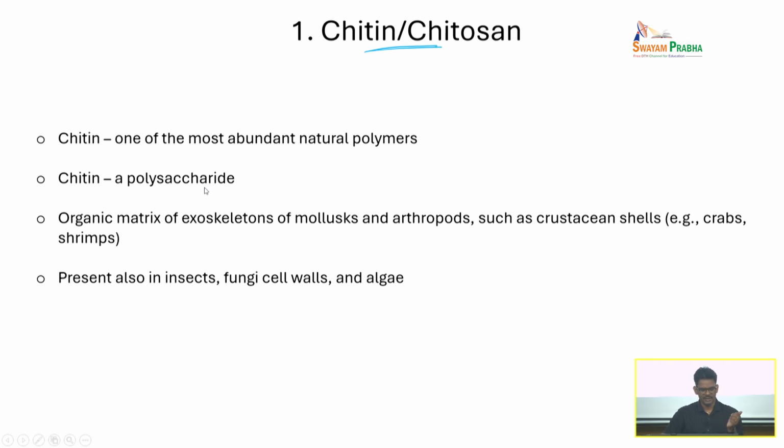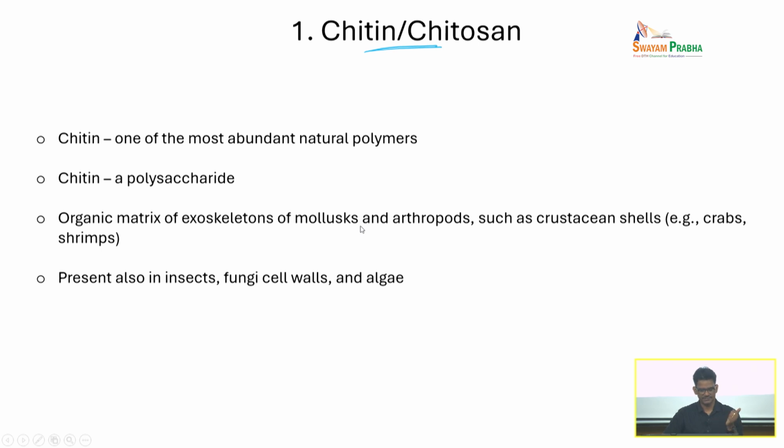And you will find chitin in the organic matrix of exoskeletons of mollusks and arthropods such as crabs and shrimps. The hard shell that you see on a crab or lobster is actually primarily made up of chitin. So that means a biopolymer need not always be very soft and flexible. It can be a very hard material too. So we want to understand the chemistry, how to extract it, and how we can use it for various